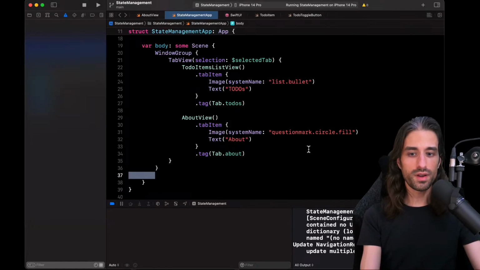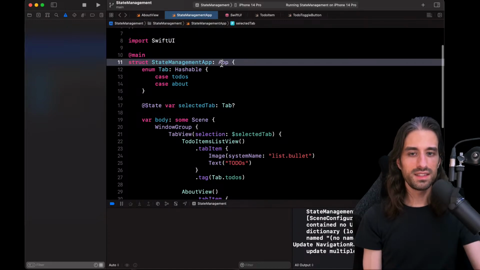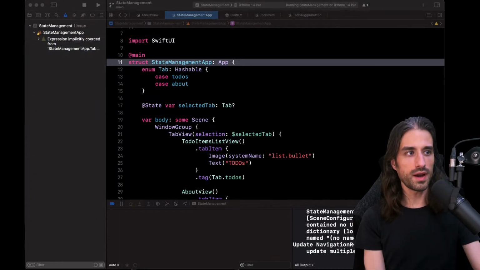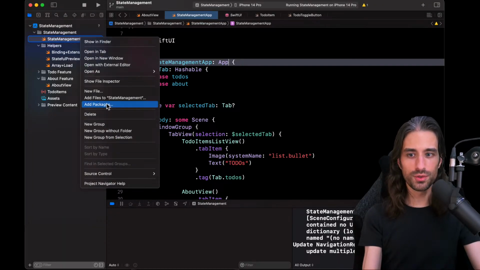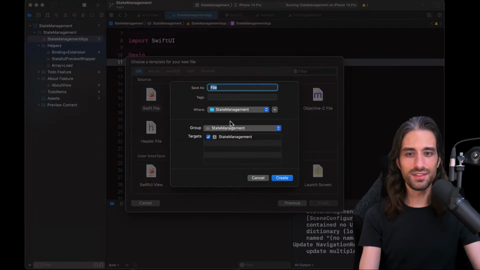The one reason why I feel like it might not work is because I've set my add state inside the app, and I'm not sure that when you have add state inside an app and not inside a view or a scene, it actually triggers a redraw of the UI. And in the example, I can see it is set inside a view. So you know what? We're going to introduce a new view. Let's go ahead and do it.